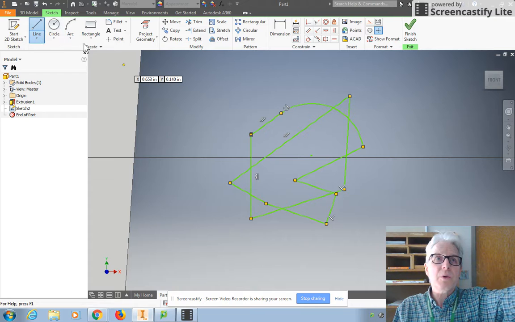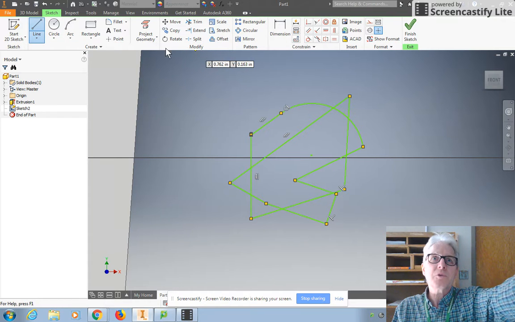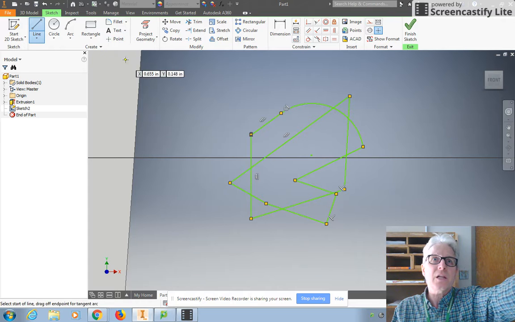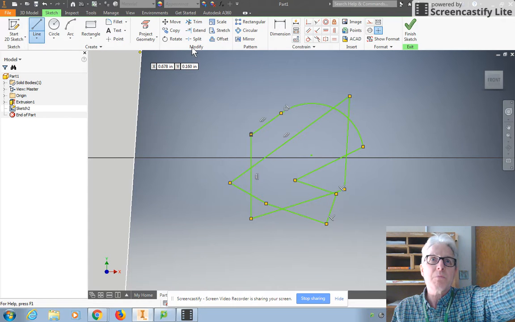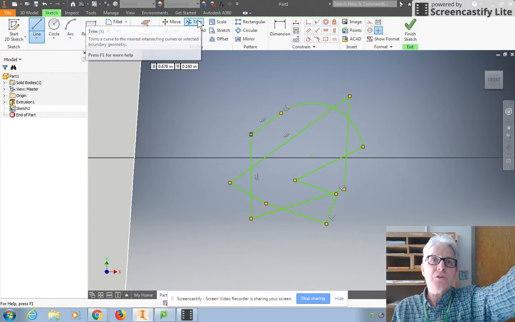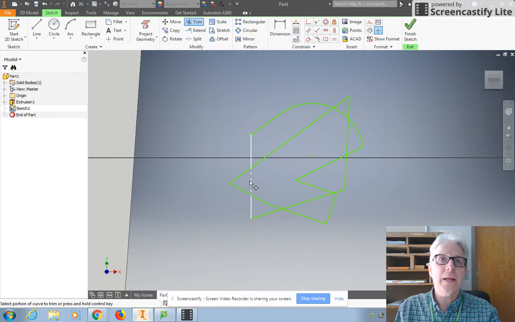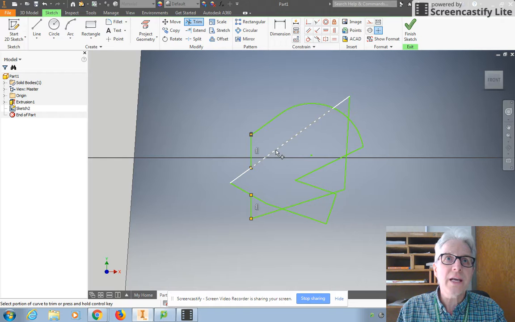Now up on the toolbar up top here, I'm trying to follow with my mouse and laser because someone might watch the video. We've got create, and these are for lines and stuff, for graphics, modify, and I'm going to use trim. We also have constraints, which I'll talk about in a minute. So if you trim all these lines out that you didn't want, if you get it right, that will now